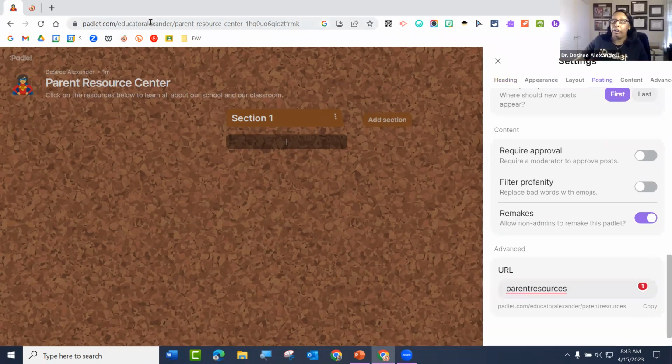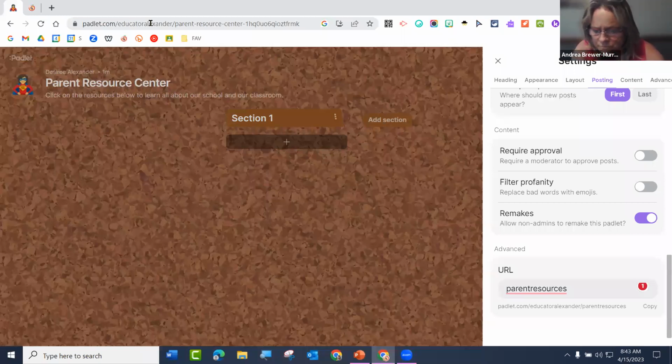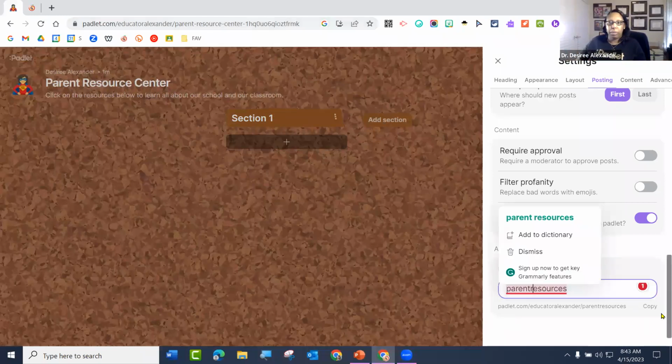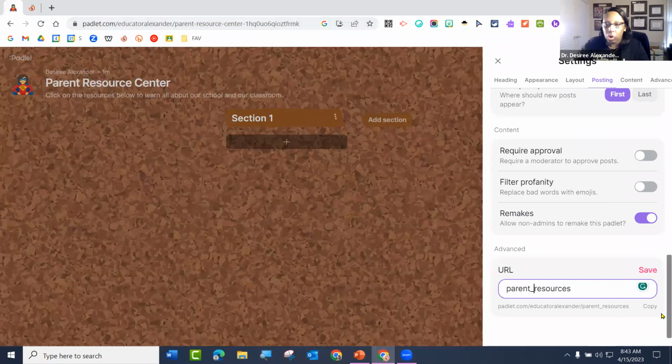Yeah, because it's a regular website link, so no spaces. You can use an underscore, though. Just like a regular website, you never have a space in a URL. But if I want to put parent_resources, I can do that. Good question. I'm just reading everything in the chat. Any other questions so far?